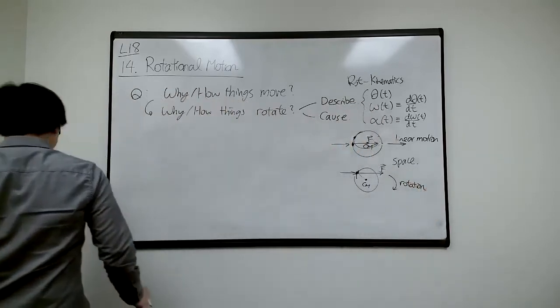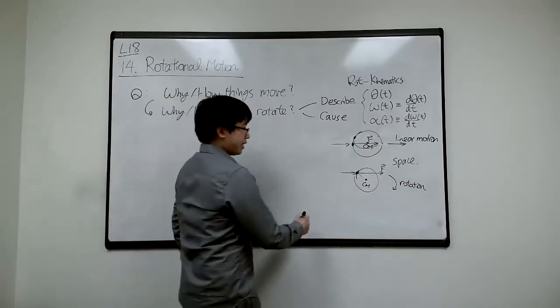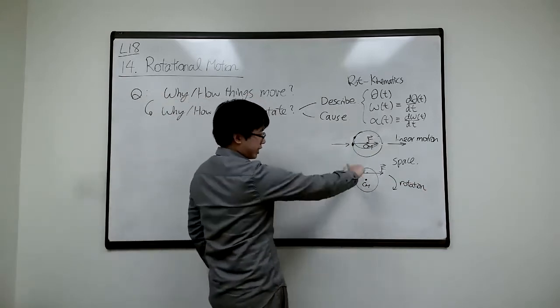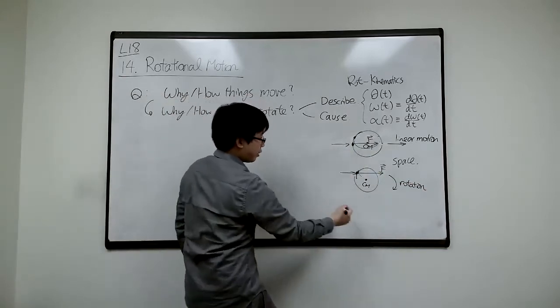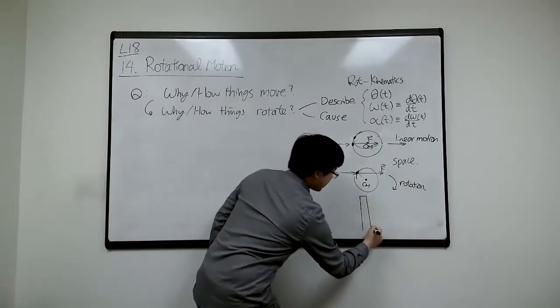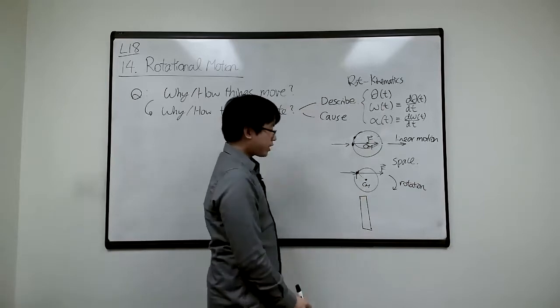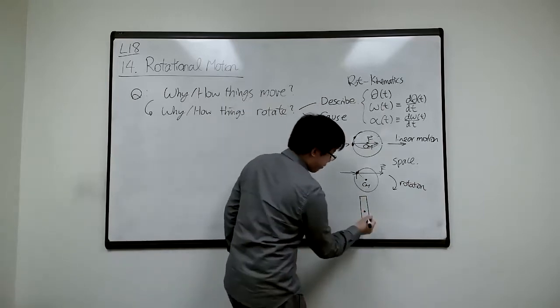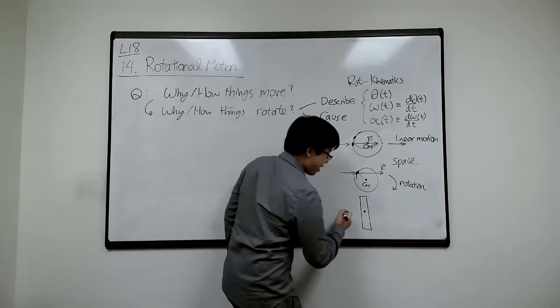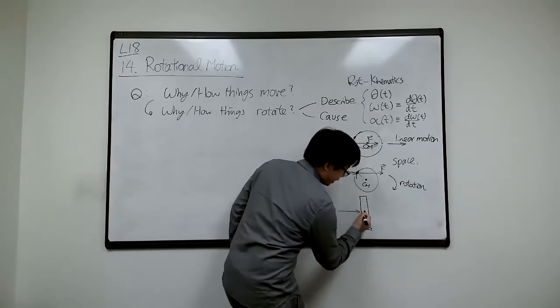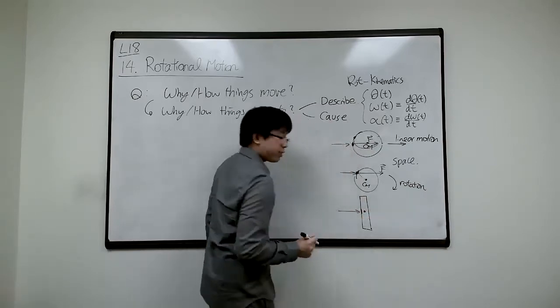Okay, so now I have a question for you. Instead of a sphere, which is slightly curvy and a little bit annoying to analyze, let's have this as just a rectangular rod or something like this. So that's the center of mass. Let's assume it's nice and simple. All right, so if I apply a force here,